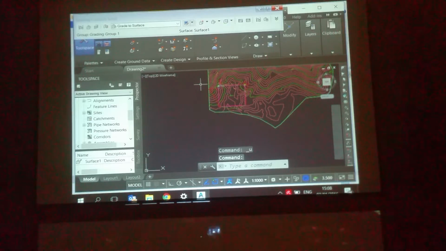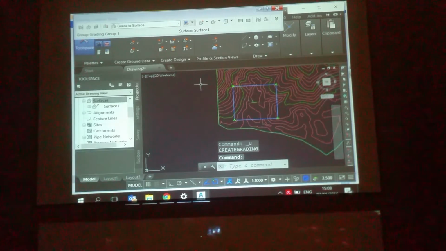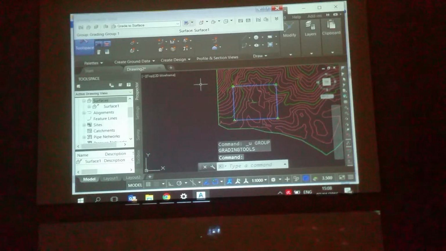Wait. Today demo? No, next week, because you don't have the software. You have to install the software first, so then it's easy for you. On the spot, you create directly. Next week, you work nearby in your group. So you directly decide what the elevation of your platform is, what the shape of your platform is, and then directly come up with the cut and fill volume of the earthwork.